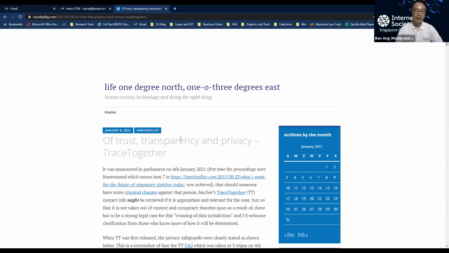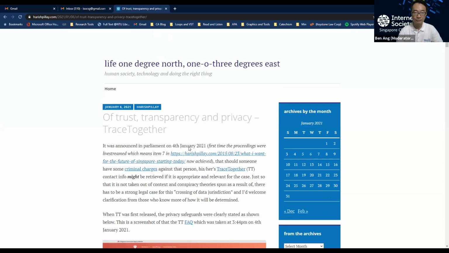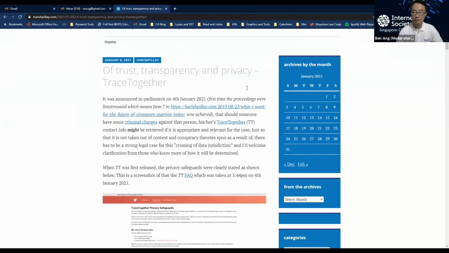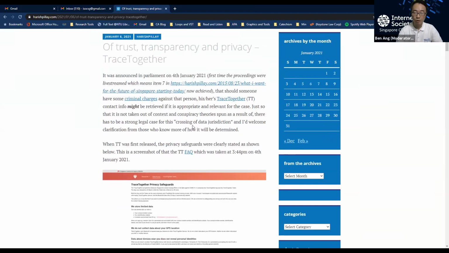If there's only one thing that I want to share on screen, I would like to share the blog post by Harish, in which he sets out the timeline for what has happened. And if you go to our Internet Society website, we also have a full list of all of the news articles and commentaries that have been published, including Harish and also by Yi-Ling,